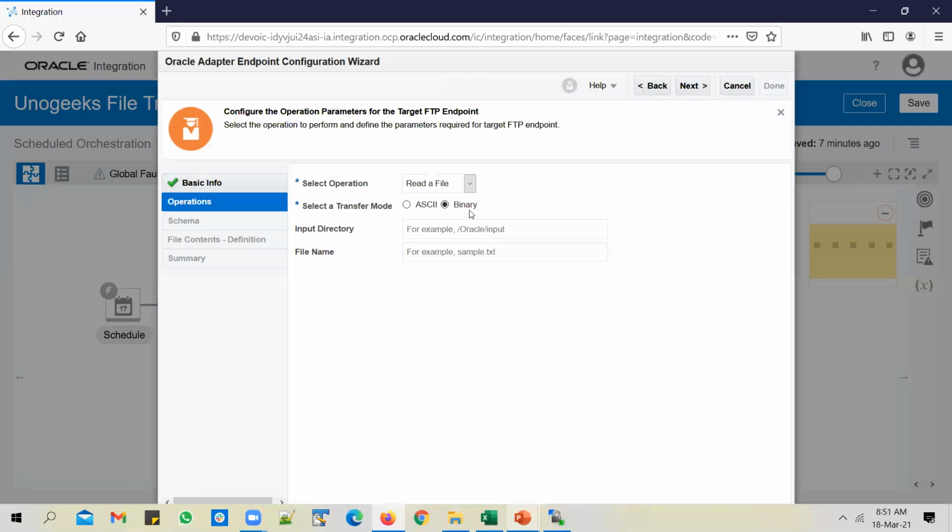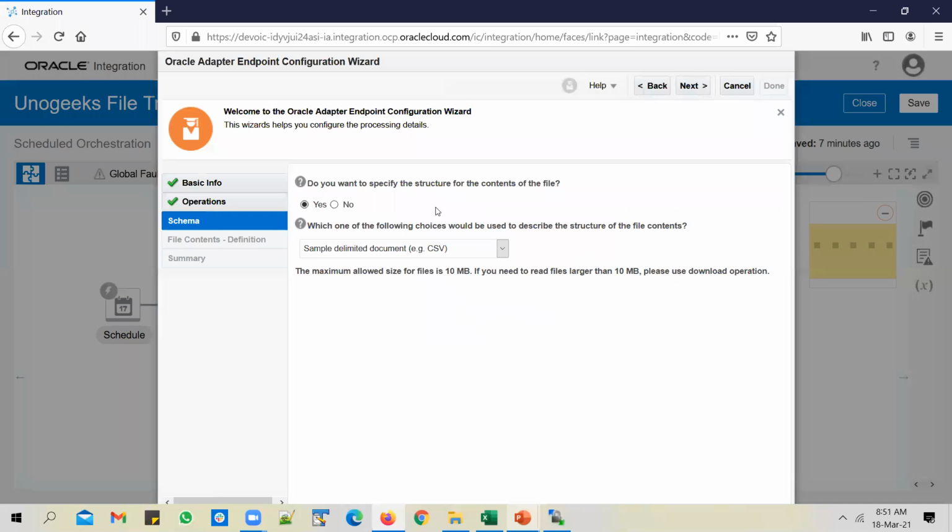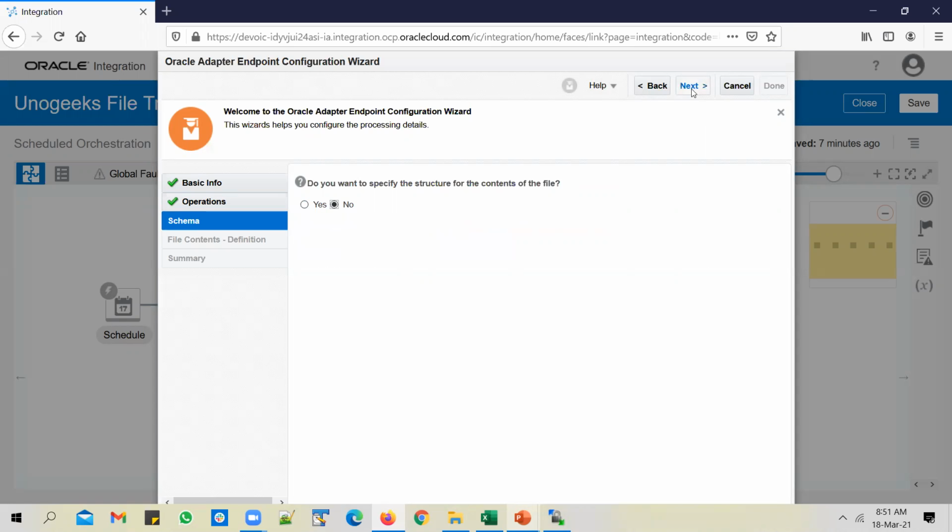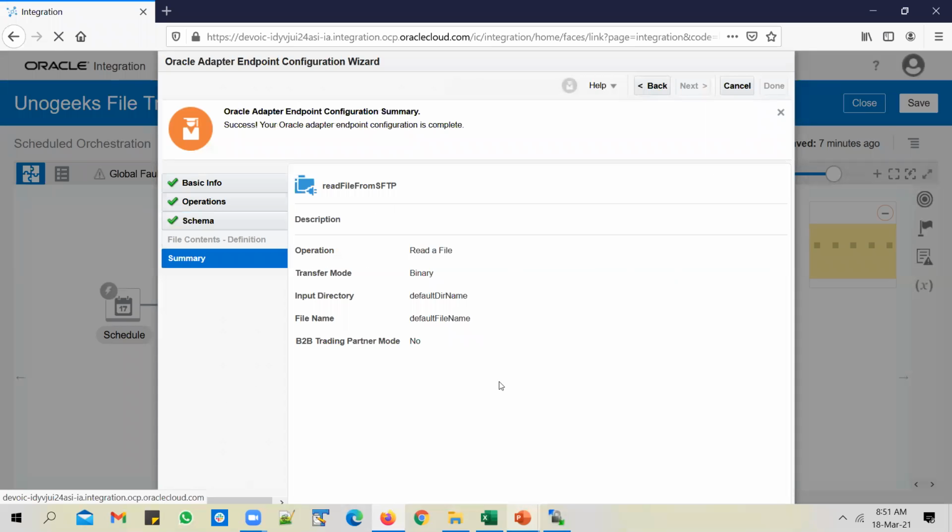Click on next, read a file, and again you pass in a default directory name and a default file name, because we're going to override these values anyways in the mapper. No need to upload a sample file. Click on that.